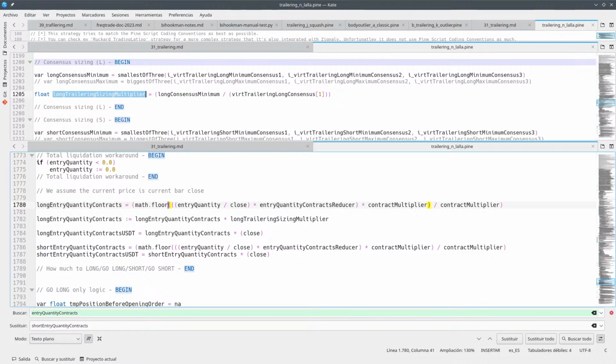I'm not very sure about this, but the idea is that once you've got this multiplier stuff, you can